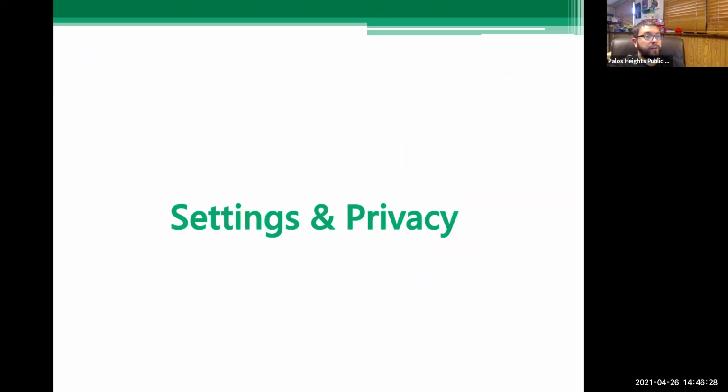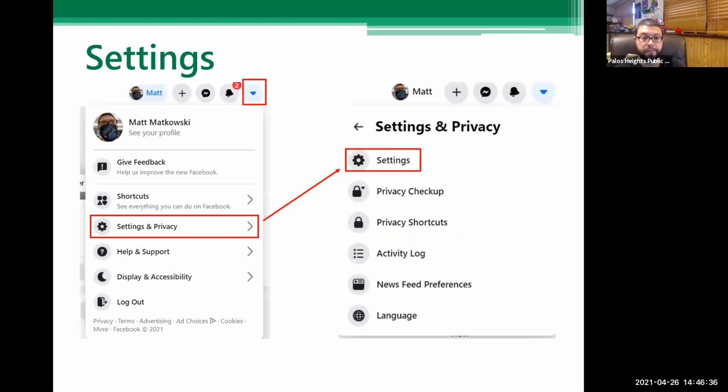Finally, we're going to get into settings and privacy. Again, if there are any questions, feel free to unmute and ask, or put it into the chat. To get to settings, click down. There's an arrow along the top there next to the notification button.